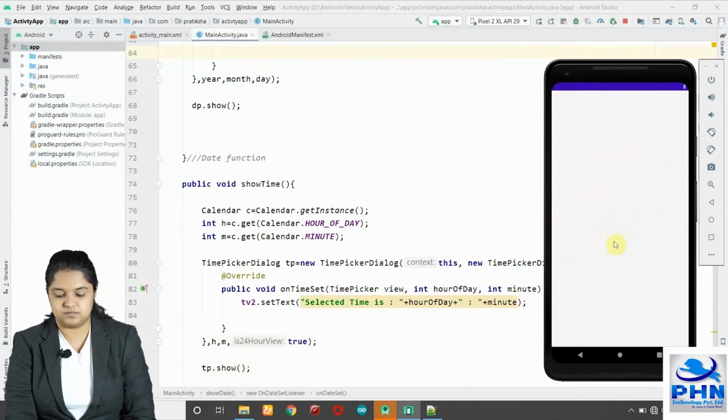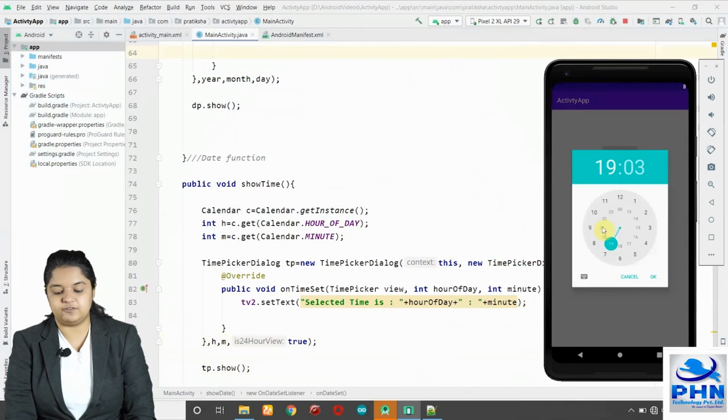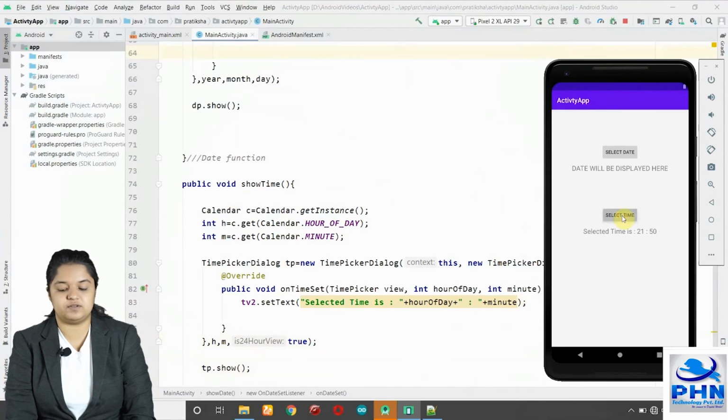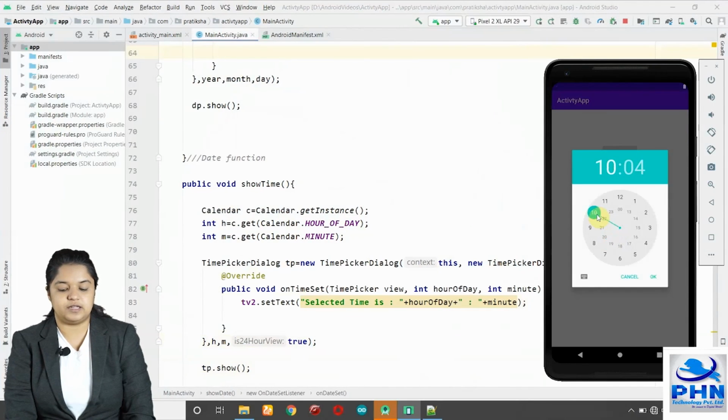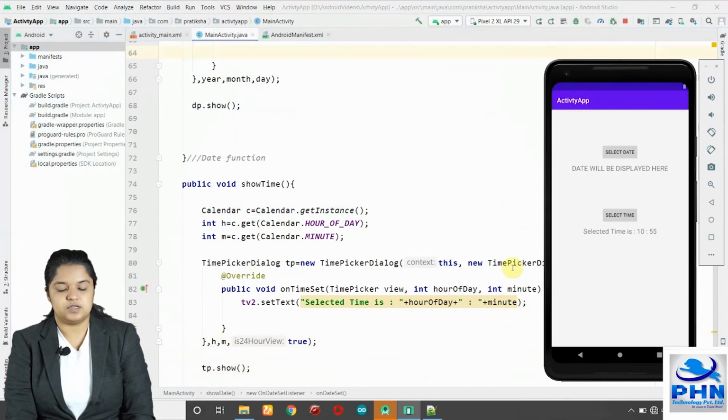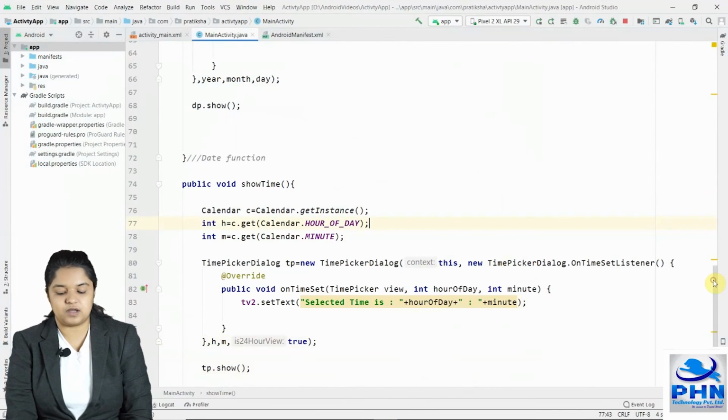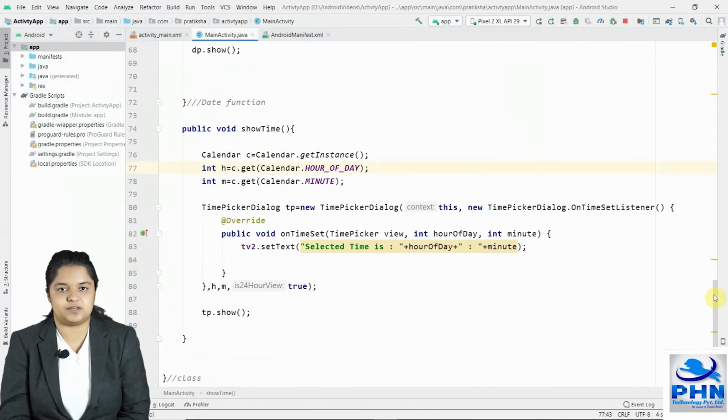Installing, select time. Now it will display the 24-hour clock, 21:50. So the selected time is 21:50, and if you want 10:55. So this is how we can use time picker and you can develop your applications.